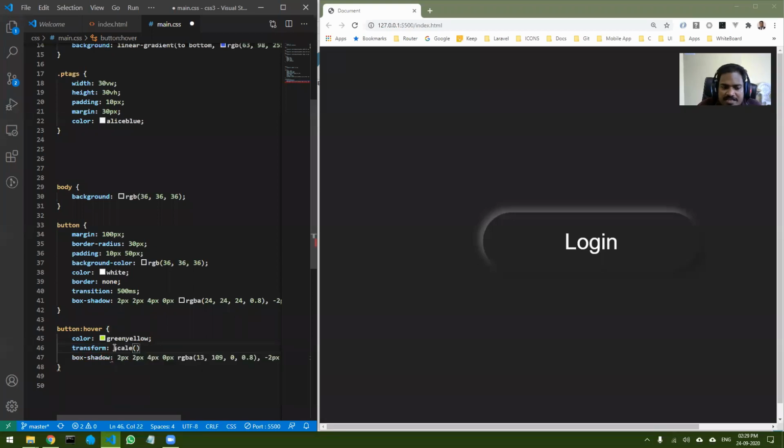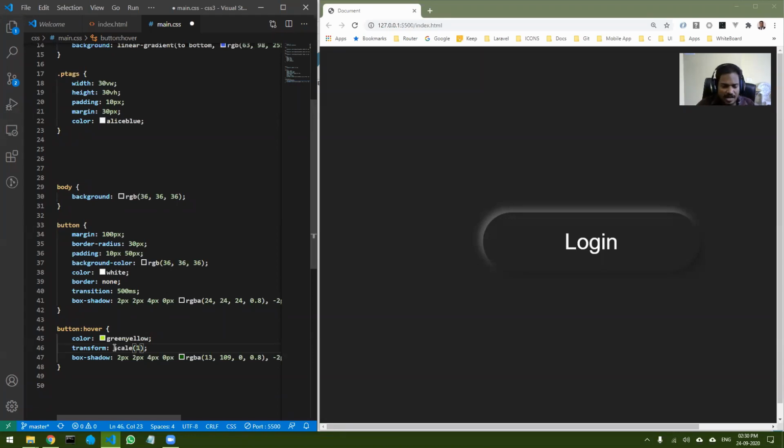In scale you can set the amount, how much you want to scale. If you put scale as 1, that means original size, so it doesn't make any sense to have the same size. But if you go down, let's say 0.8, that means you're scaling down, so that particular object will be compressed. If you go up, 1.1, 1.2, 1.3 like that, that means you're scaling up. Depending on the application, you can scale up or scale down.